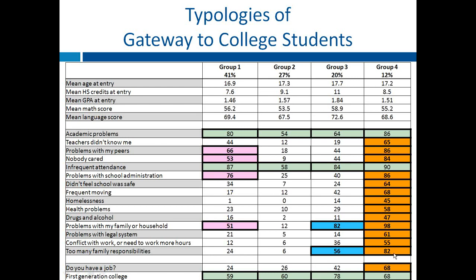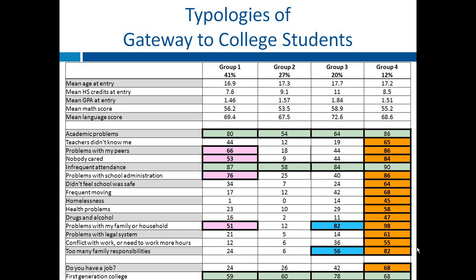So, Devorah, is there anything that stands out to you looking at all of these side by side? I think, again, we really get a reiteration of Group 2 and how few of them endorse these issues. You can see that their numbers in white are significantly lower than the numbers of any of the groups. And each of these numbers is the probability that students said yes to that question, essentially, within each group.